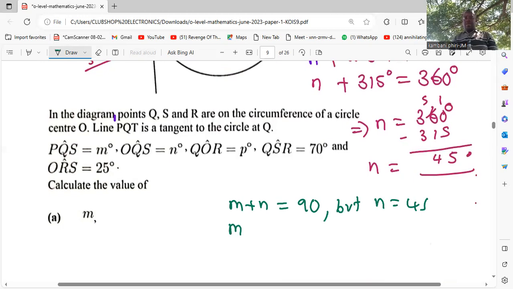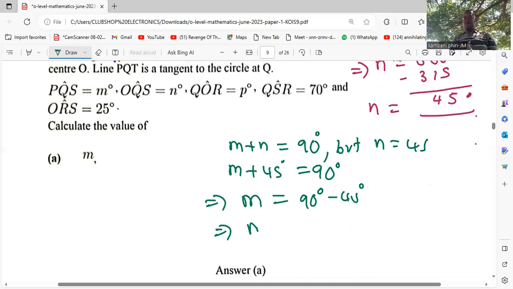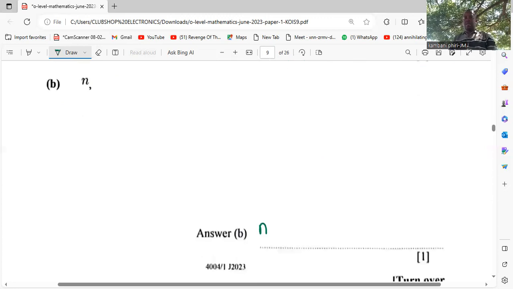So M plus 45 degrees is equal to 90 degrees, implying that M is equal to 90 degrees minus 45 degrees, giving us M to be 45. So basically that is how you can get that. Our M is 45 degrees, our N is 45 degrees, our P